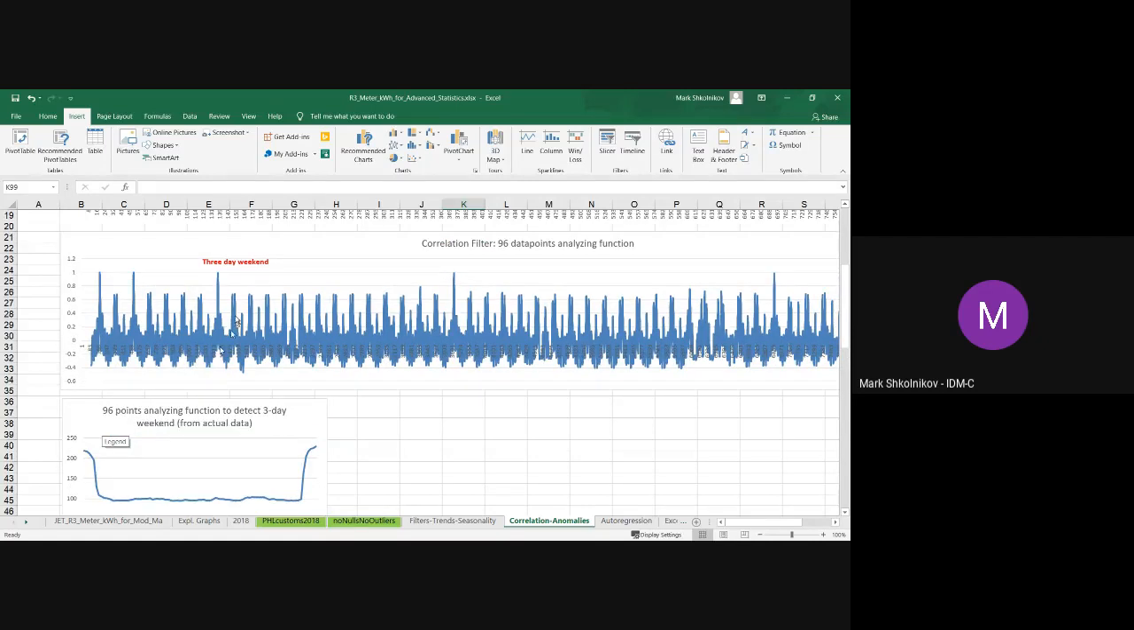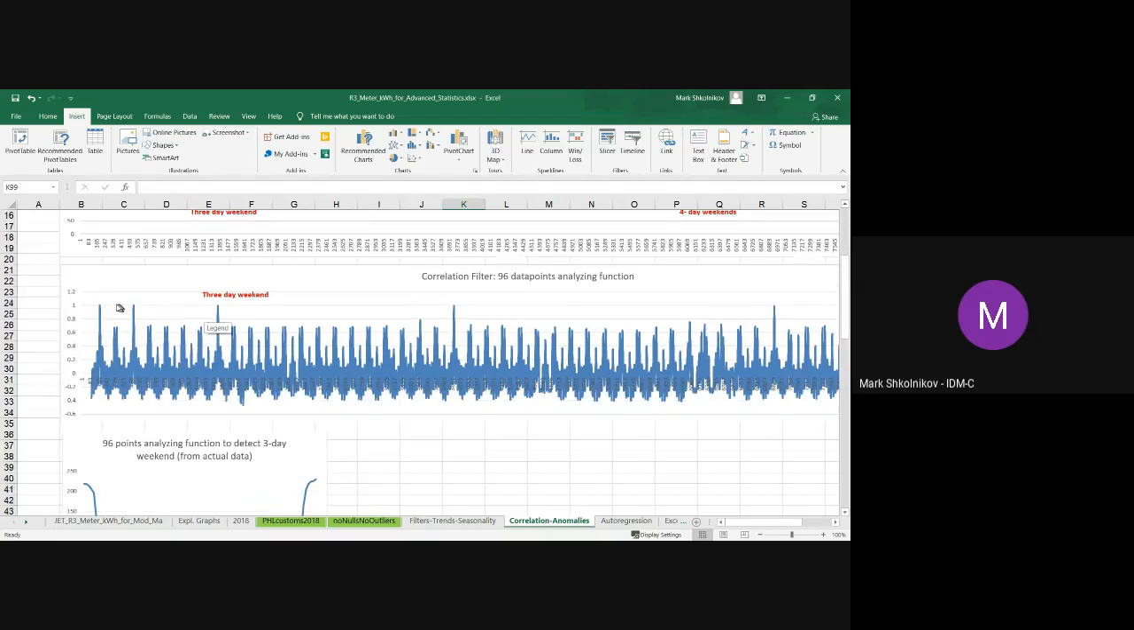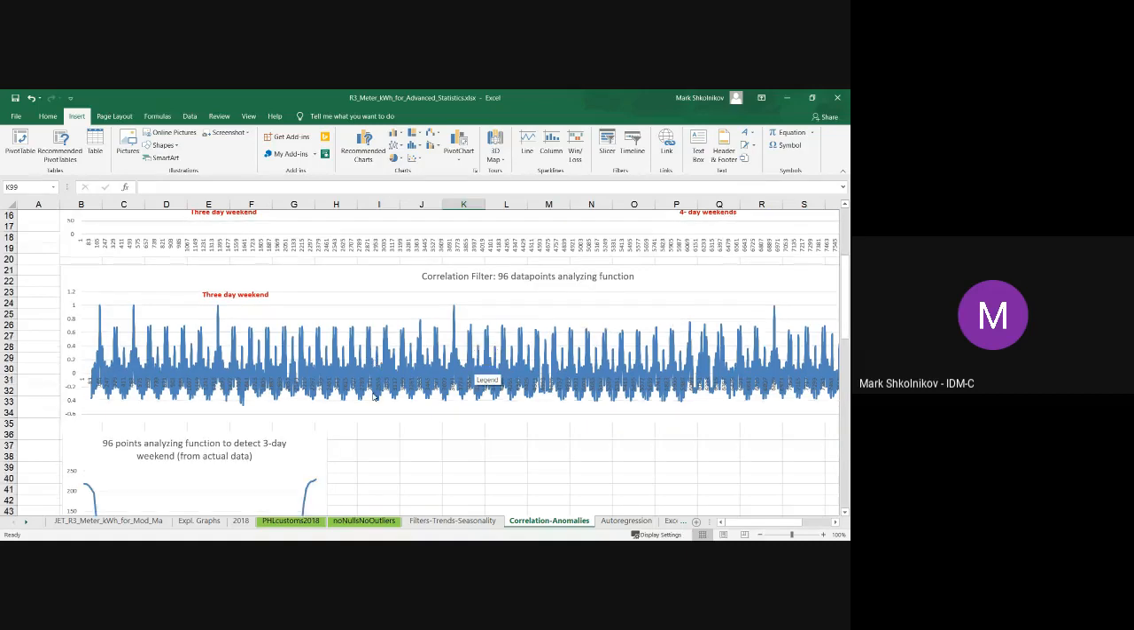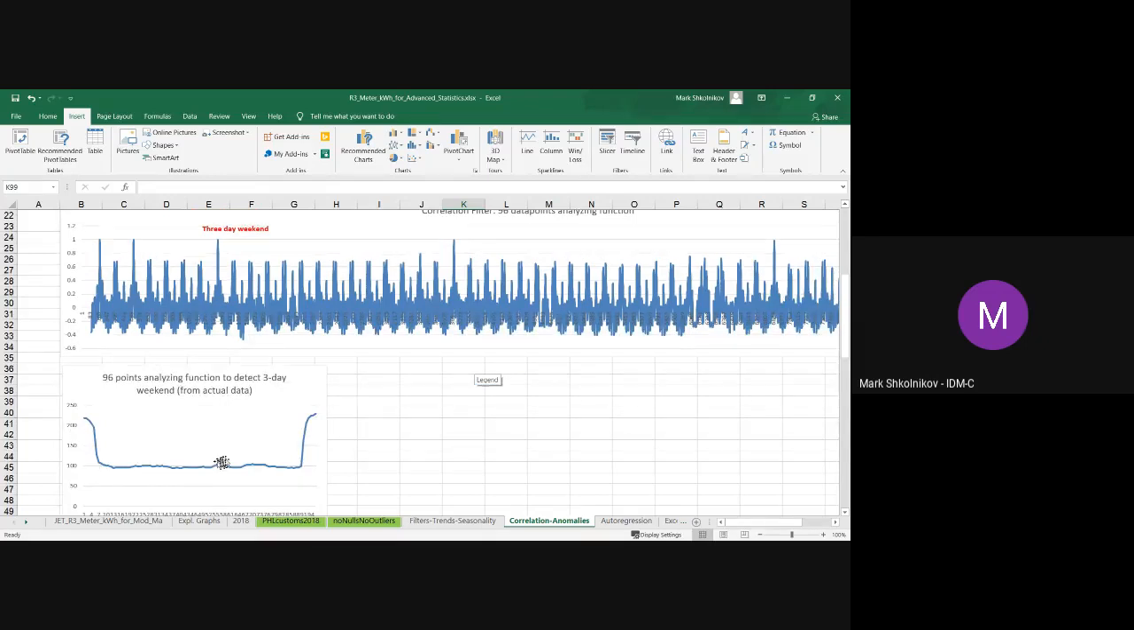Okay, and then we run the correlation inside of the running window, and here would be our 3-day weekends, and the 4-day weekends are not even showing up. So this is the power of correlation analysis, of correlation filtering, because the correlation allows you to match exactly the pattern that you've chosen. And again, it's very simple. If you know what you're looking for, then you either take it, cut and paste it,